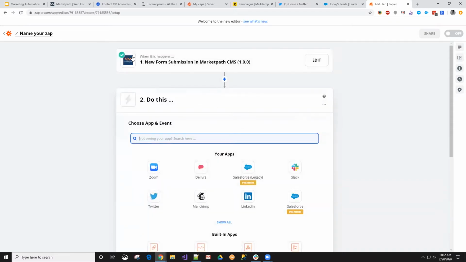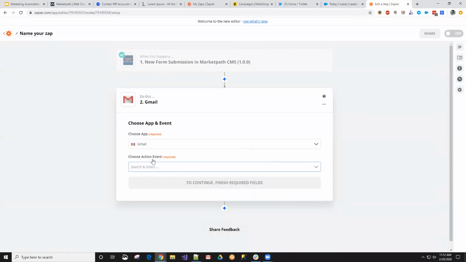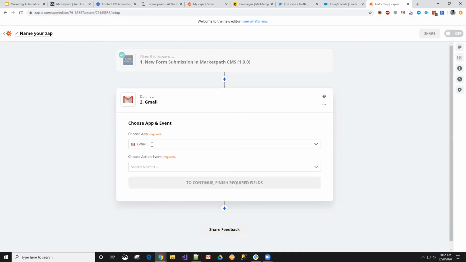And now, so that's the trigger. So now it's asking us to do an action. And so what we're going to do is send mail. And I'm just going to send through Gmail from my own account because I already have that set up in here. But you can actually, if you go back, you can,